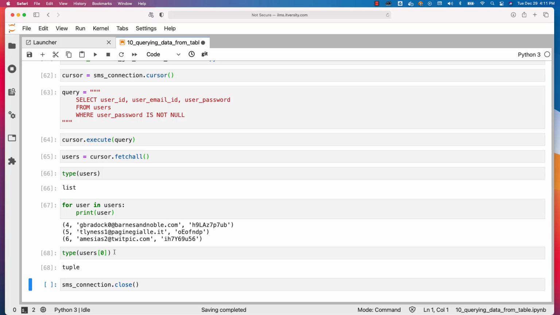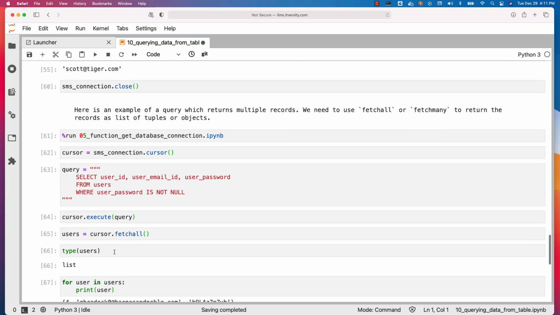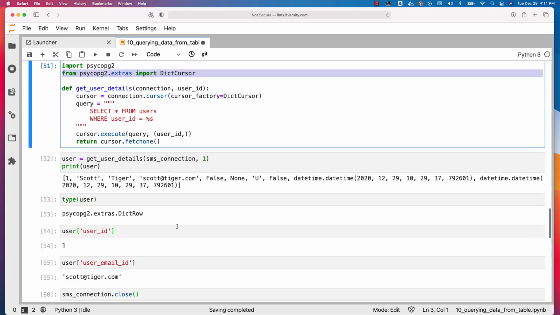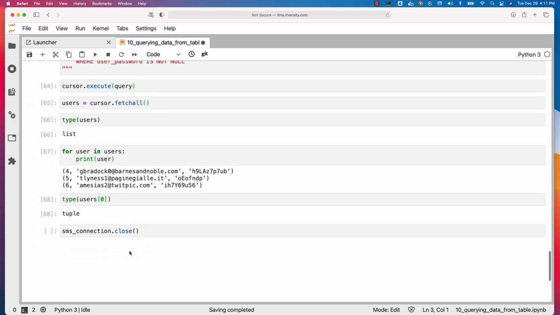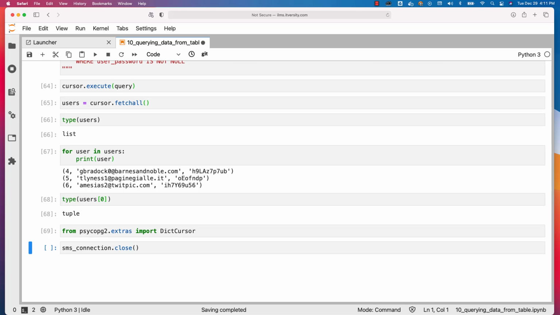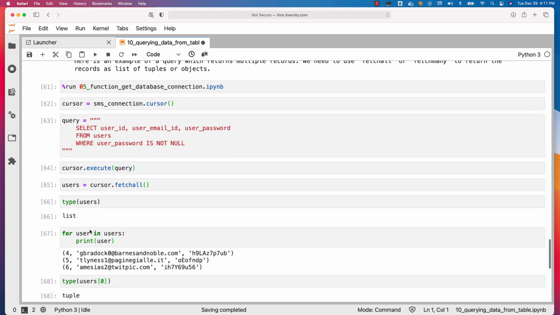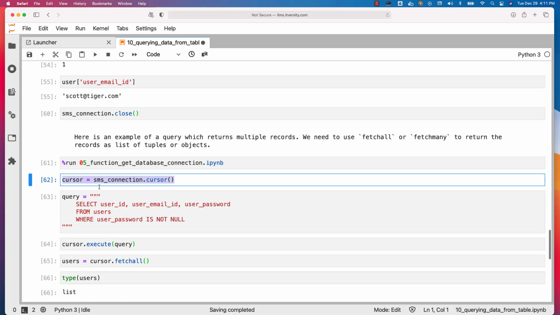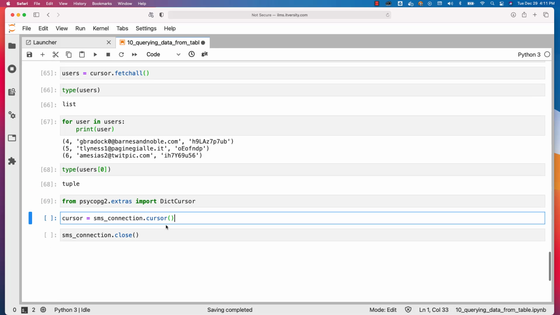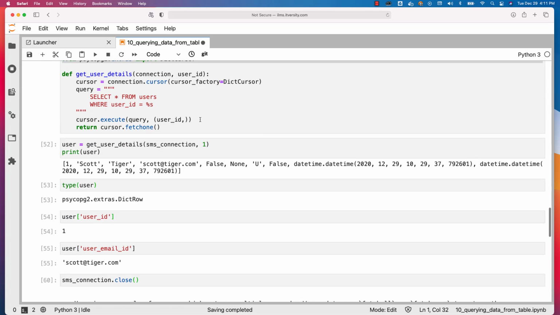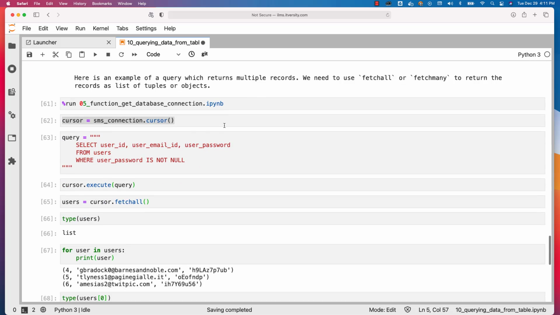If you want to get a list of dicts, you just have to overwrite this part. So you have to import psycopg2 extras DictCursor like this. Let me add a new cell here. Let me paste it. Let's import this. Once it is imported, then you can create the cursor by saying cursor equal to SMS_connection.cursor, and then you have to say cursor_factory equal to DictCursor. So we can copy this part. Once it is copied,